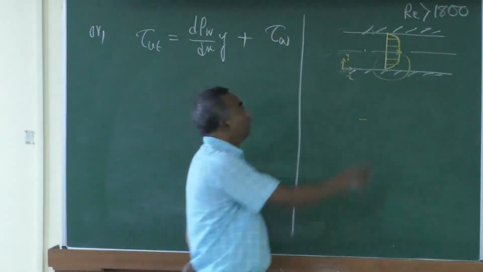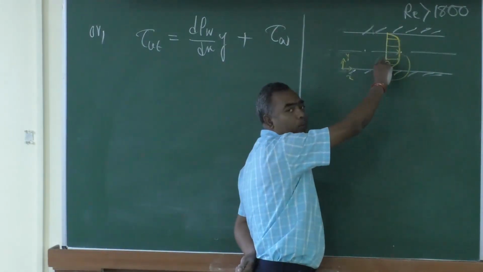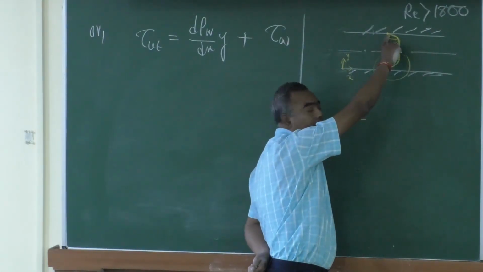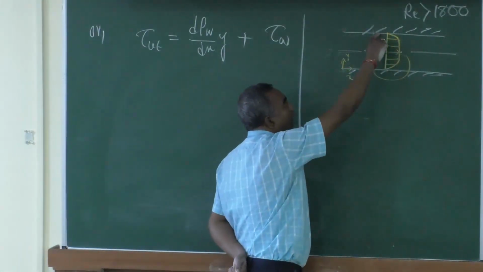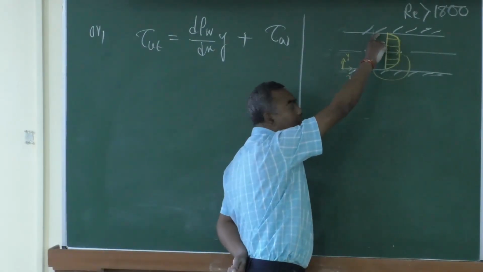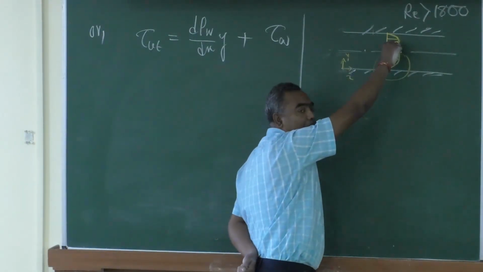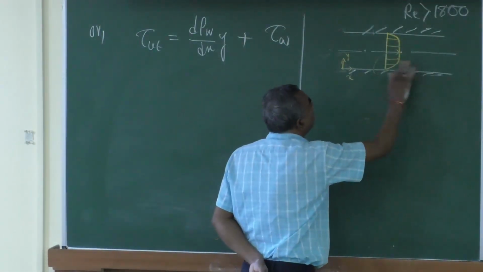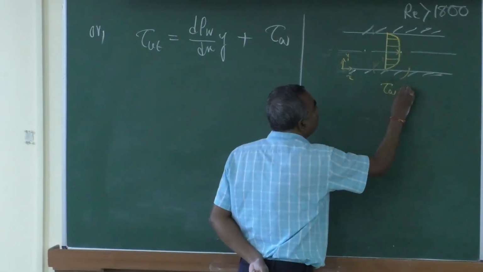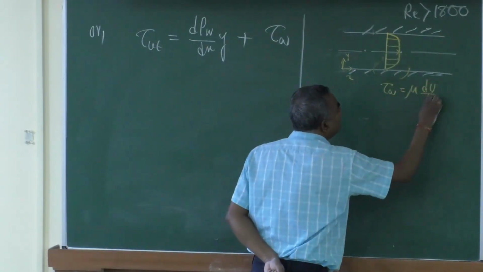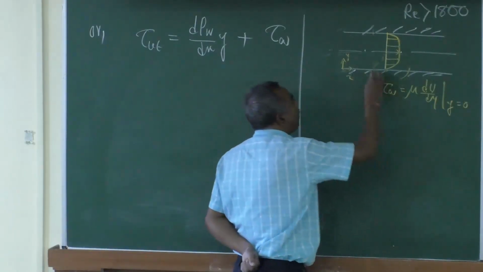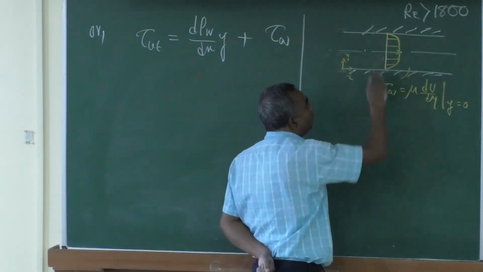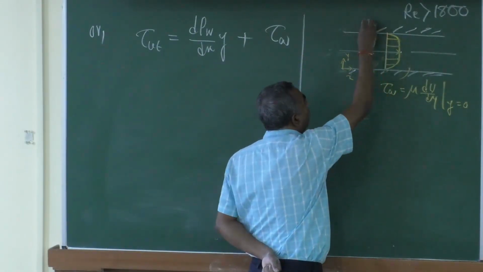which is always positive, because for any delta y, delta u is going to be positive. But on the other side, what is going to happen? In the other half, it is opposite. For any delta y, your delta u is negative. So, that means at the wall, if tau w, which is equal to mu into du dy at y is equal to 0, is positive at this wall, and this quantity is going to be negative at the other wall. So, if it is tau w at this wall, then at the other wall it should be minus tau w,